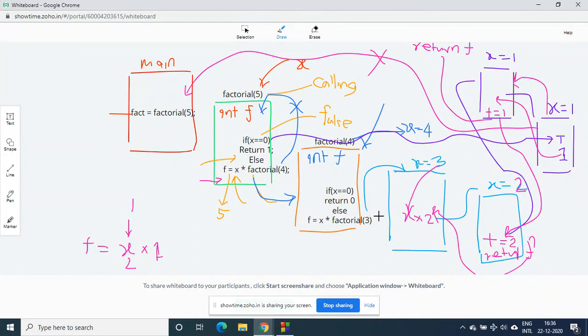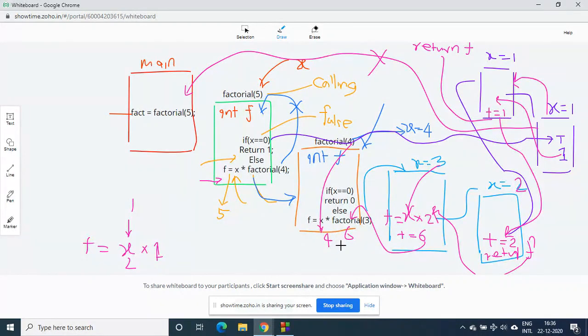So f is equal to 6. This 6 will be written here, right? So this is 6 and this is 4.